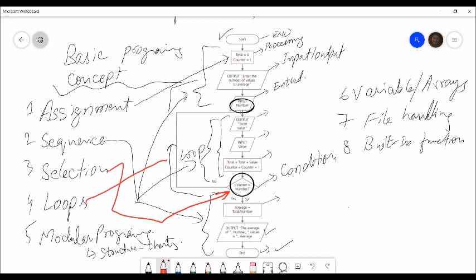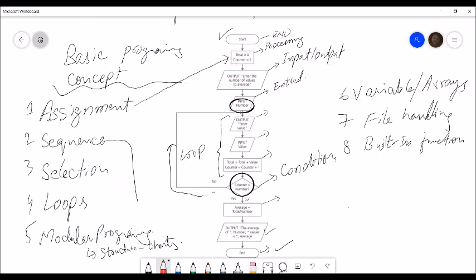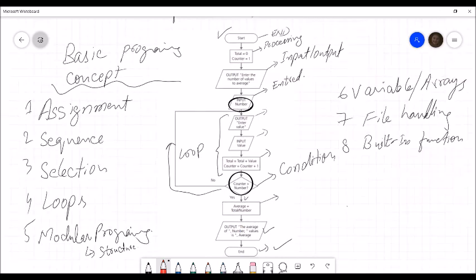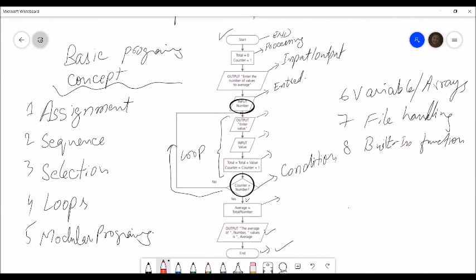So let me erase these lines and keep it as simple as possible. This is our whole syllabus. We have to learn this in our paper 2. Paper 2 definitely is